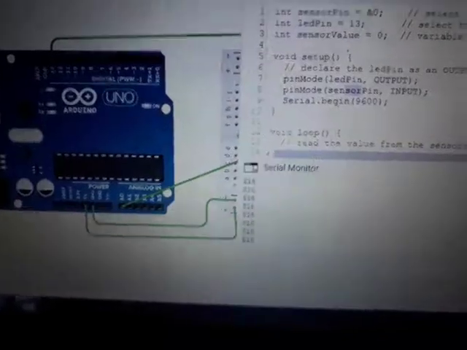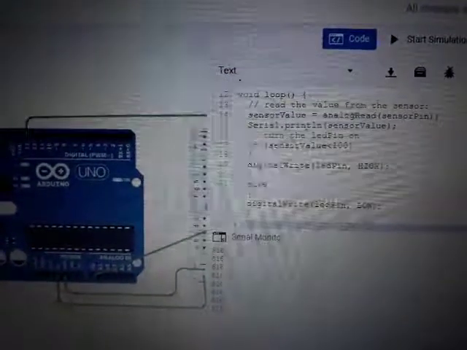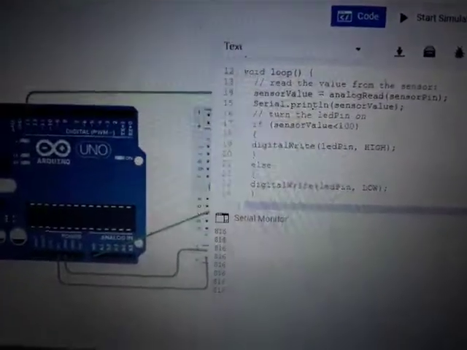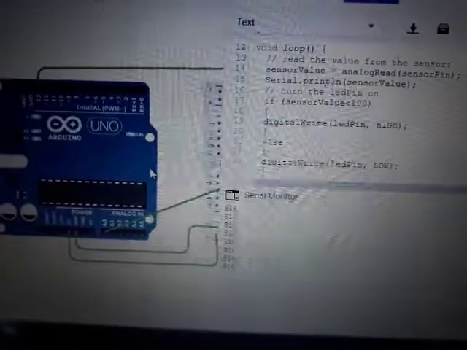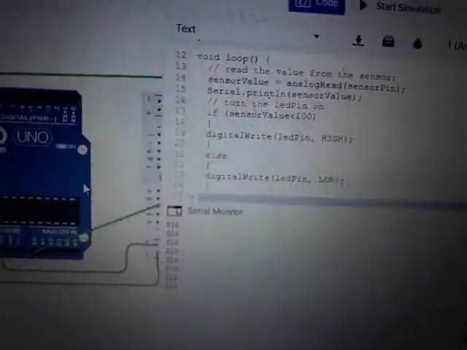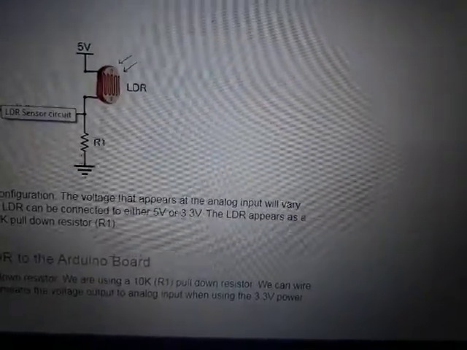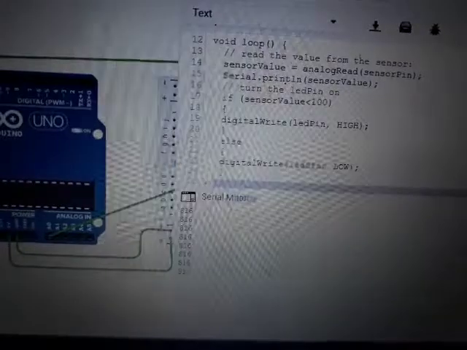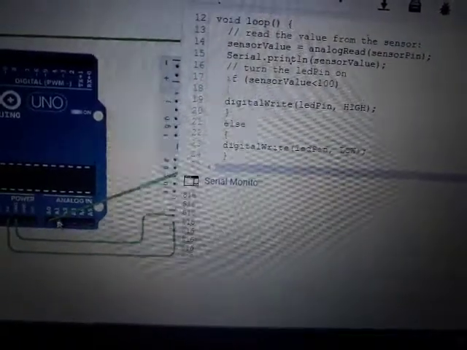Let's come to the main program. The first line, sensor value is equal to analogRead sensor pin, so it is reading the value coming in A0. This analog voltage is coming to A0, and a digitized version of this analog voltage will occur here.